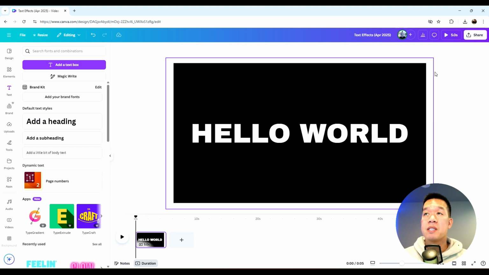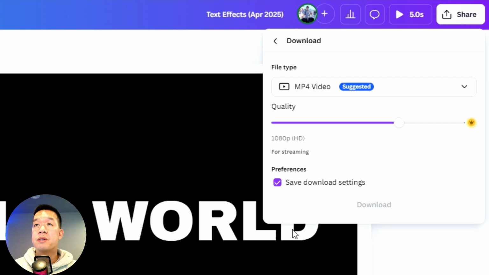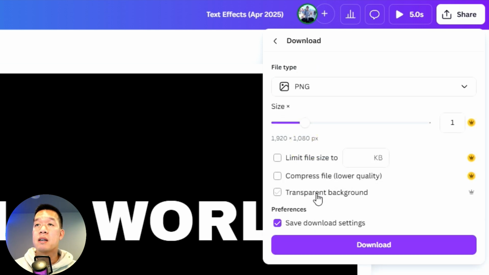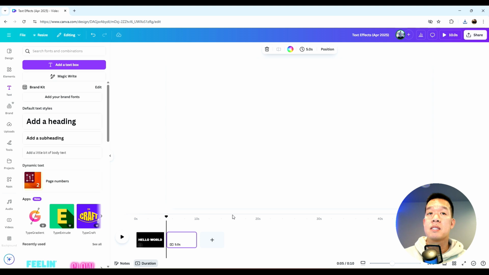And I'm going to download this one here. So I'm going to hit share, download. Instead of MP4 video, I'm just going to do PNG right here, transparent background, make sure that's set, and then hit download. It's completed there. So the next thing I'm going to do is open another page right here, blank page